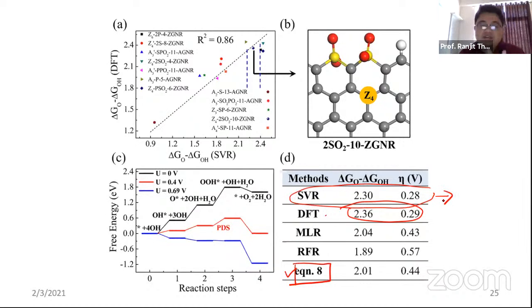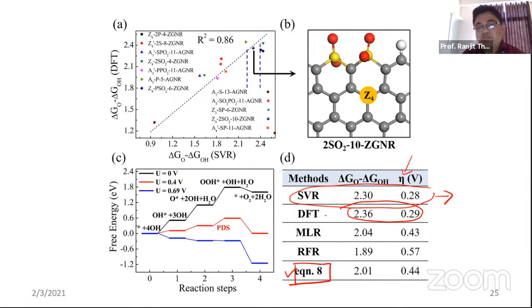So overall, I can say that for our case, the SVR algorithm is working very well, and the predicting capability of overpotential, which needs a lot of years, maybe 4 to 5 years to find out, we can do in 2 to 3 months, to find which could be the best catalyst out of 5,000 catalysts. So this is the power which we have shown.